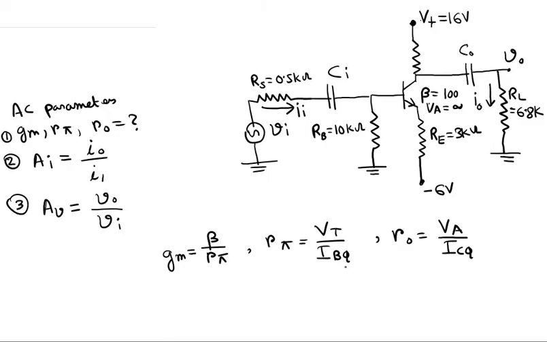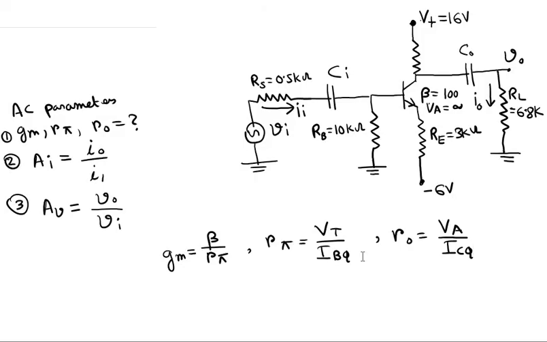I have stated earlier that since the parameters of the AC model are dependent on the DC currents, to make a small signal equivalent model or AC model for a transistor circuit, we first need the DC values of the different currents. So we basically need to do a DC analysis of the circuit first. Now when we do a DC analysis, let us understand which parts would be omitted from the DC equivalent circuit.